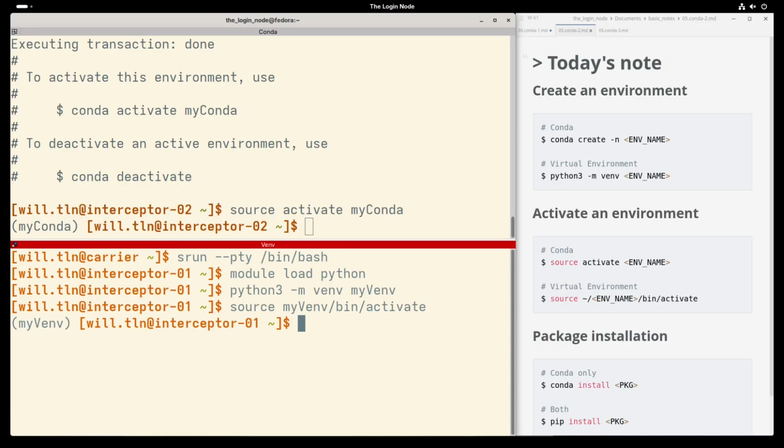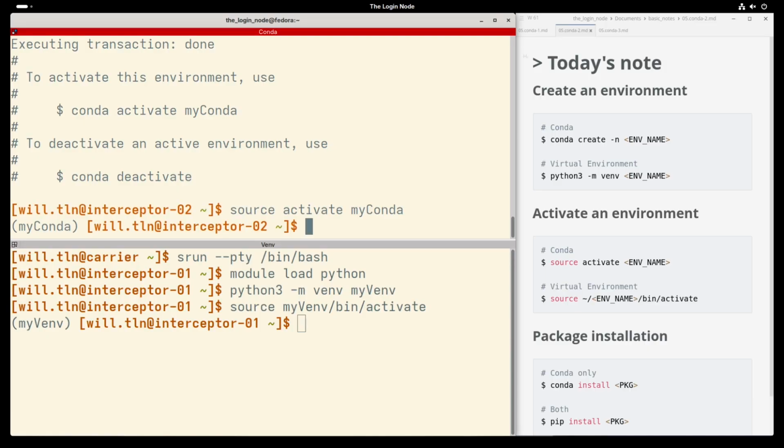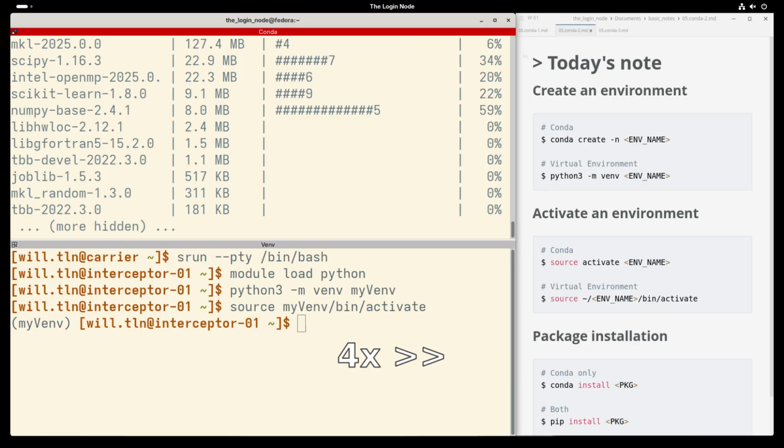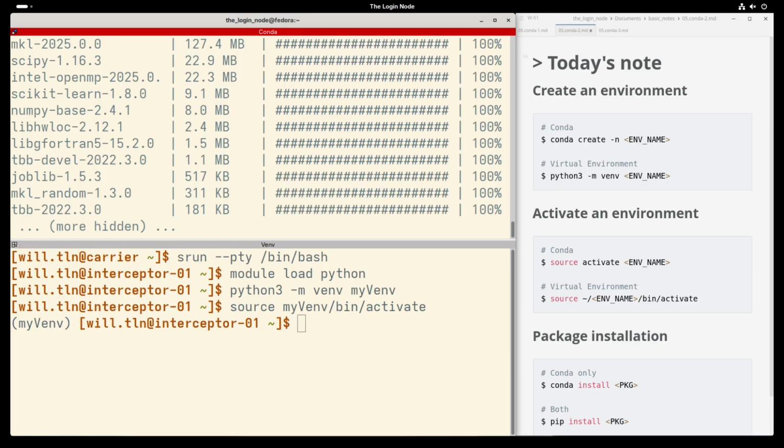You can install anything. On top, let's do conda install scikit-learn. Conda is great because it installs scikit-learn and all the required packages that match your system.